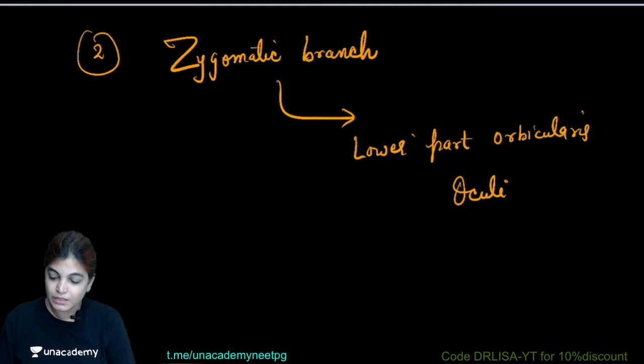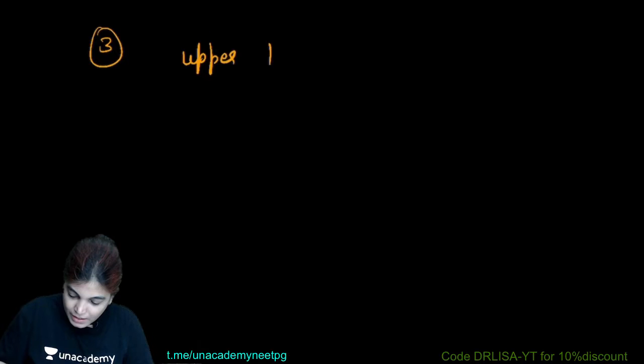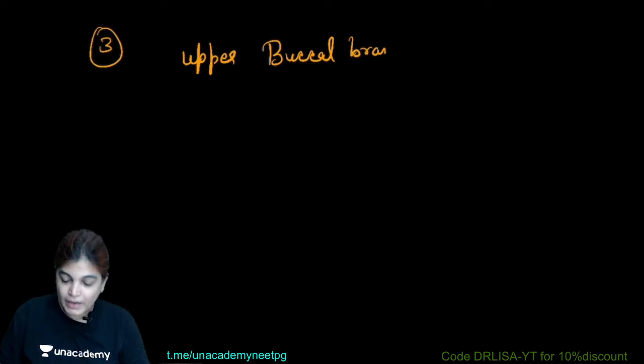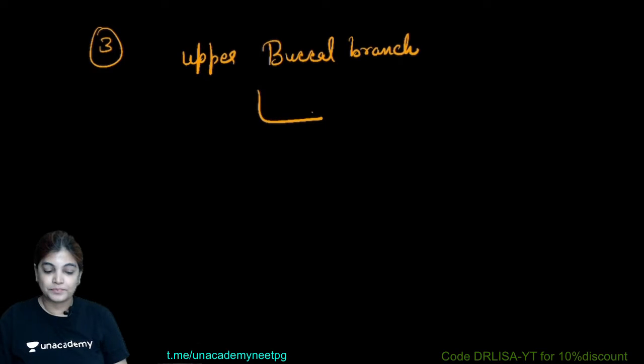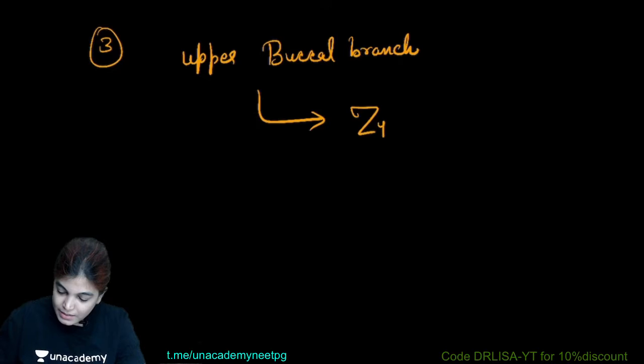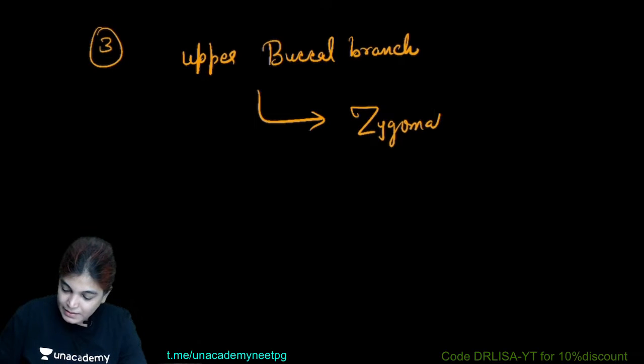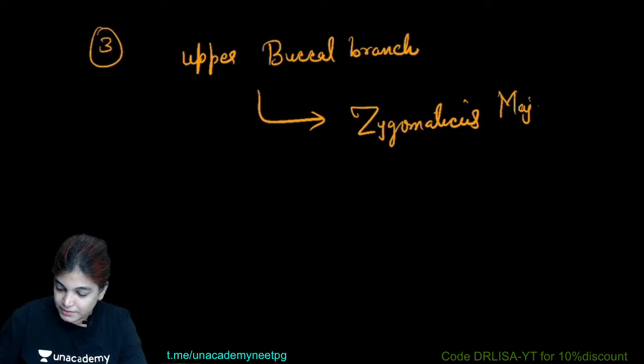Now coming to the third terminal branch, that is buccal. As I told you, the buccal branch will arrange around the parotid duct and will divide into two, the upper buccal and the lower buccal. So third, the upper buccal branch. The upper buccal branch supplies the following muscles: zygomaticus major and also the minor, the two zygomaticus major and minor muscles,